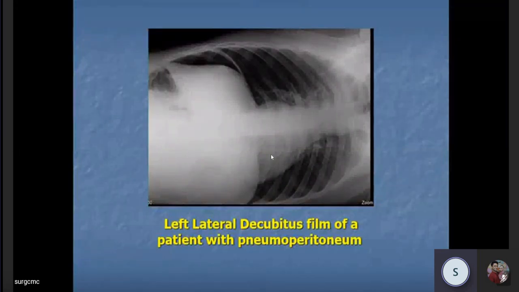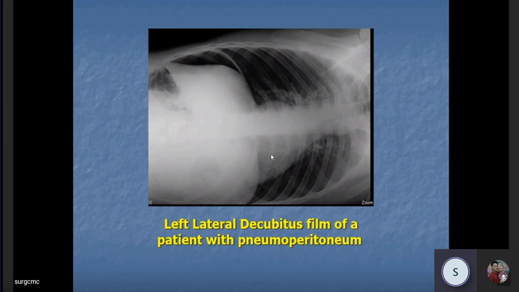You can ask me, sir, why has this X-ray been taken in this way? The patient can be taken in the erect posture. Yes, could have. Now think of a patient who has come to you after suffering for 3 to 4 days, cannot even stand, extremely moribund, weak, toxic. In those patients, if you suspect a hollow viscus perforation, you can put the patient in a left lateral decubitus position, wait for a few minutes, and see whether you can get some free air between the rib cage and the liver, and the diaphragm as well. In this triangle particularly, you can get free air. That is an example of a decubitus film.